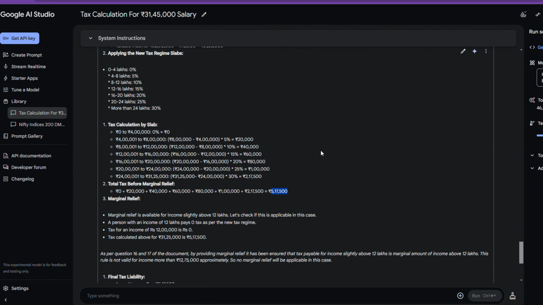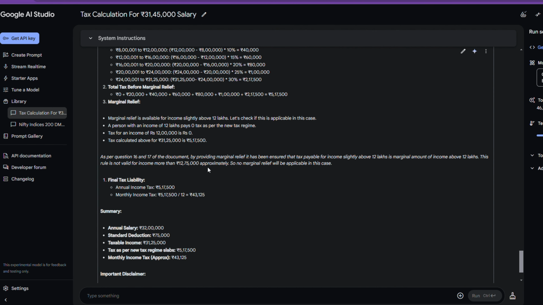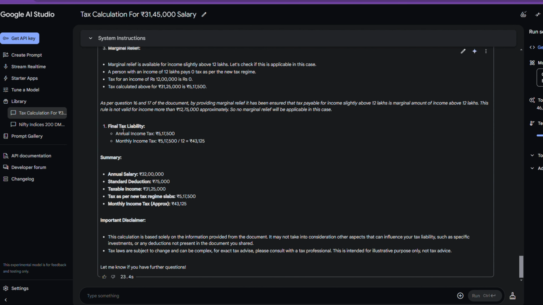So this is how you can use this document and this video as a reference to calculate your tax for your salary. And going forward, if you come down here and ask it to calculate monthly payable taxes, this is the annual amount, and it has divided by 12, and 43,125 is our monthly tax. I have calculated for certain pay scales like 10 lakhs, 20 lakhs, 30 lakhs. I'll show you that table also, how we are getting benefited from this new tax.